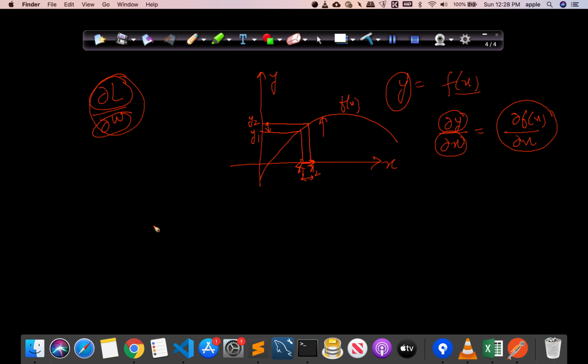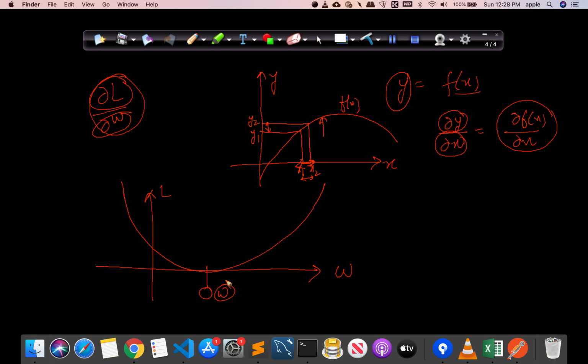So what we actually do is, suppose this is how our loss function looks. So this is the ideal value where we should reach. Suppose this is w and this is loss. So this is the best value of w where we should reach in order to have minimum loss, because our function is in such a way that we have to minimize the loss. So suppose we are here, then our aim should be that we will slowly and slowly reach this point.